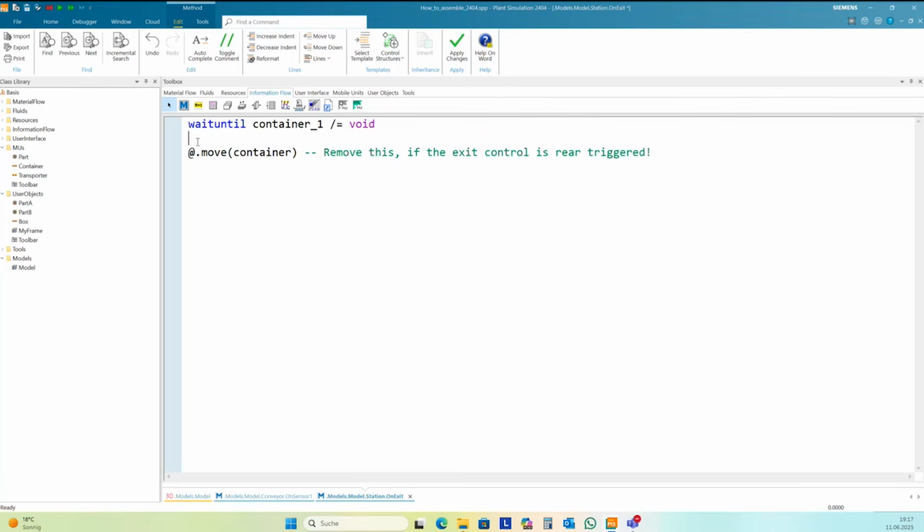Normally it takes a little time, and so you can wait, for instance, 5 seconds if this is the loading time you need to move the part into the container. And then you can start the container again.